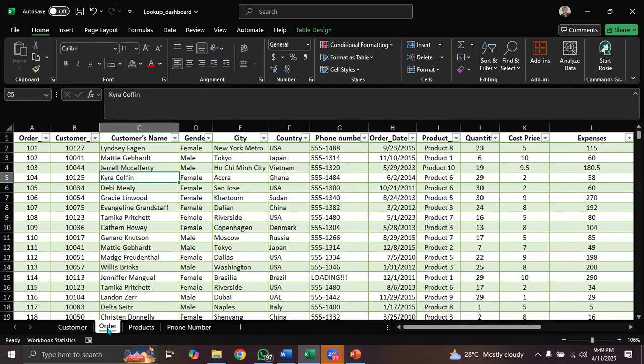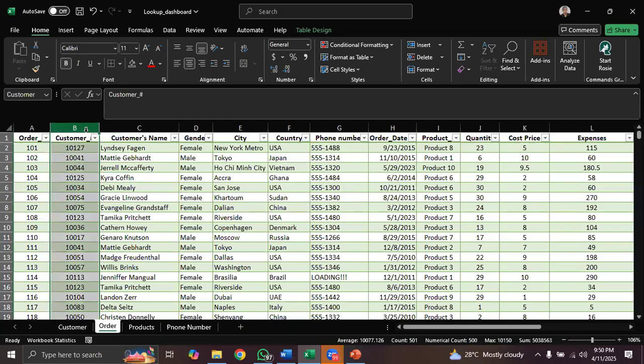You came in today to buy something, I'm recording it down. You came in tomorrow to buy something, I'm recording it down. All those things are what this order sheet contains. Are you getting it? Now, the reason I'm not going to filter by this customer sheet is that if I remove the duplicates in this customer sheet, I'm going to be losing data. Why? Because,